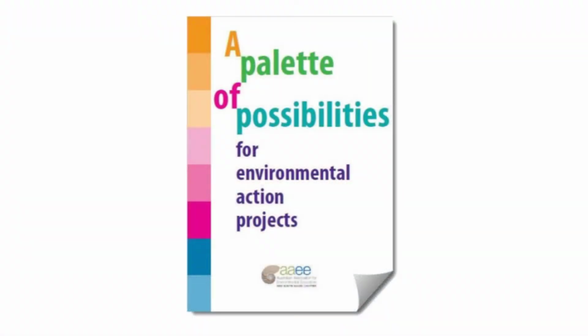The fourth resource is a palette of possibilities for environmental action projects, written by our friend Les Robinson and a team from the Australian Association for Environmental Education. It's invaluable if you want to get some details on how to design effective action projects. It starts with an overview of human-centred research and then offers a bunch of different strategies, as well as some great ideas about field testing and reflection. It was funded by the New South Wales Government through the New South Wales Environment Trust. It's easy to follow and has a huge range of options to explore.